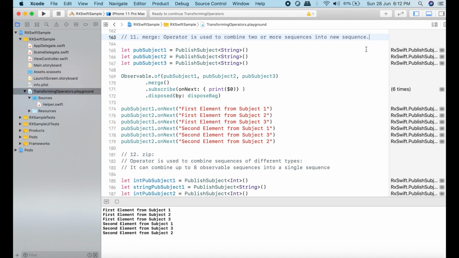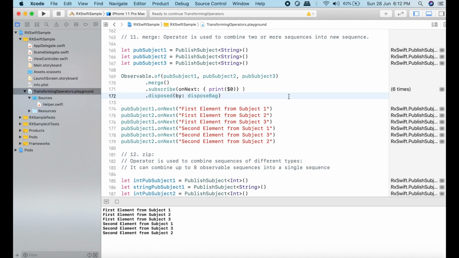In the given example, you can see that we have three sequences, pub subject 1, pub subject 2, pub subject 3, and we are subscribing to them with the help of the merge operator as a single sequence. Whenever a new element is added to any of the observable sequences, it gets printed, as we have subscribed to a single observable sequence only.